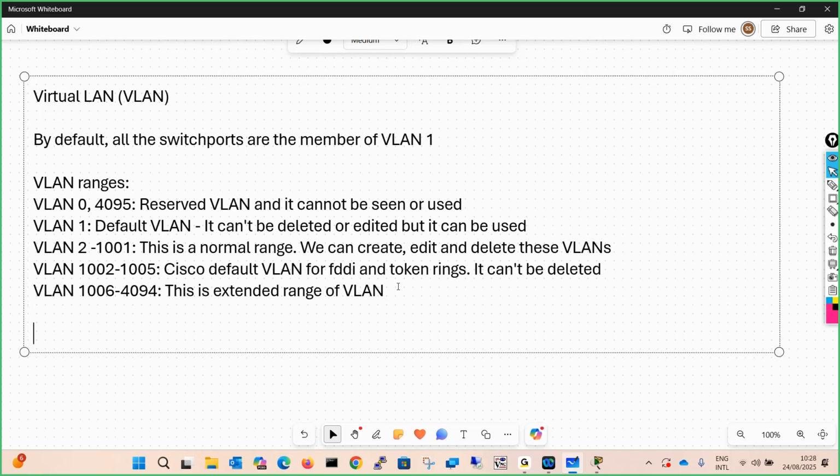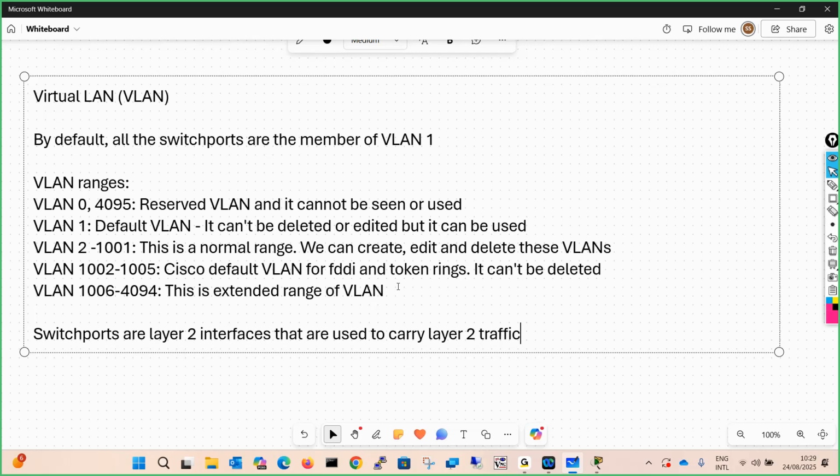So now, the switch ports are layer 2 interfaces, right? That are used to carry layer 2 traffic.